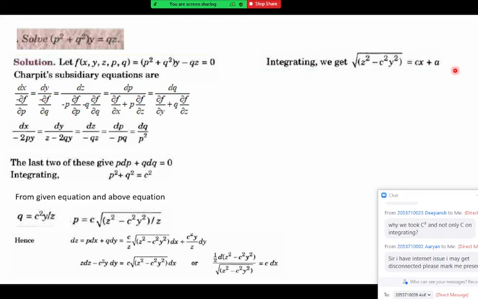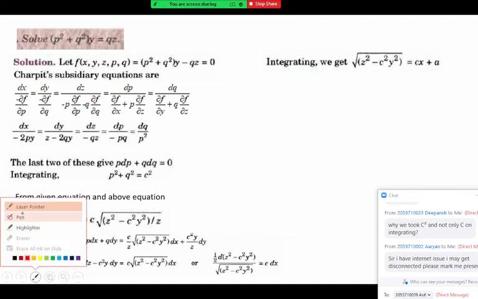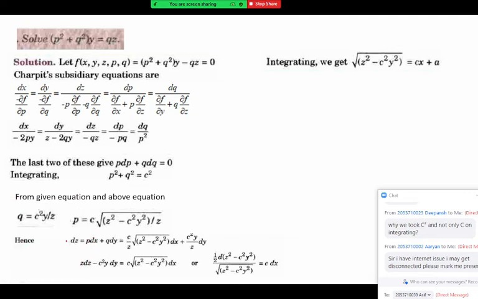Sir, please explain the reducible form again. Sorry, variable separable again. Okay, so if you come to this part, actually when I write it, sometimes it creates the problem. Let me see. So this is the differential equation that we have. Okay, just we replace there. Next step, what is done? Just cross multiply by z.